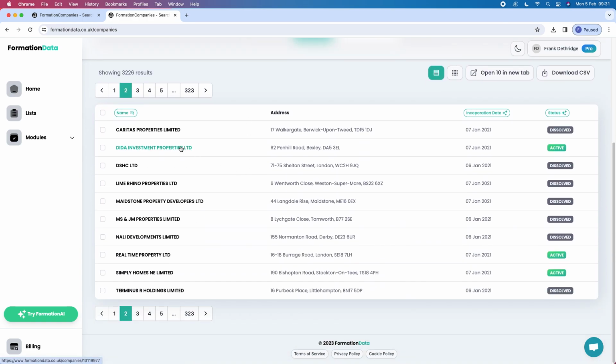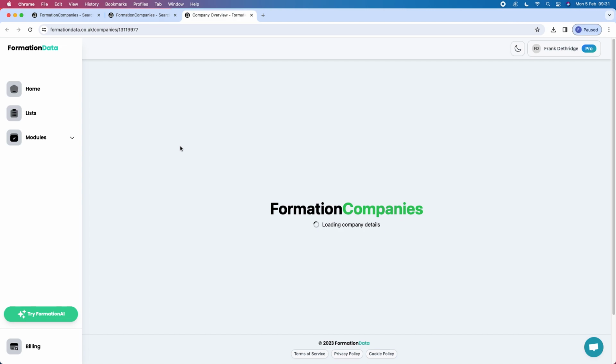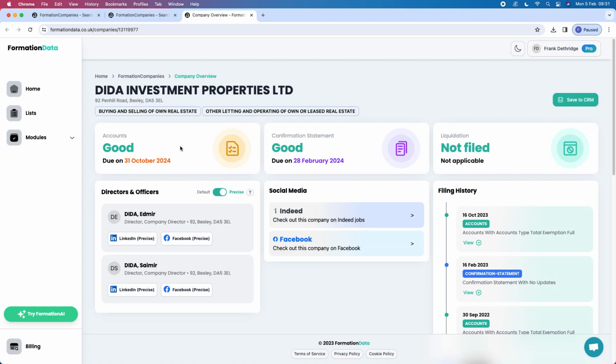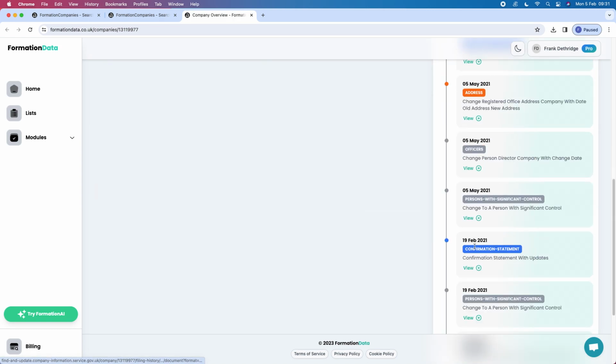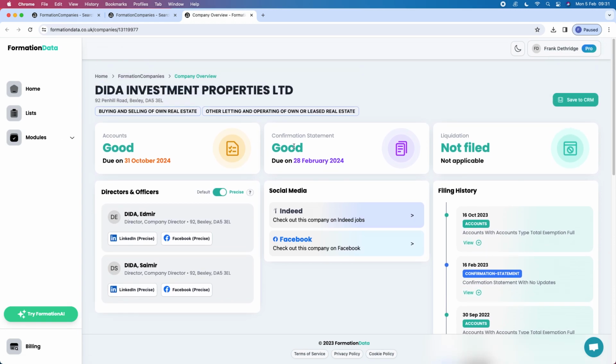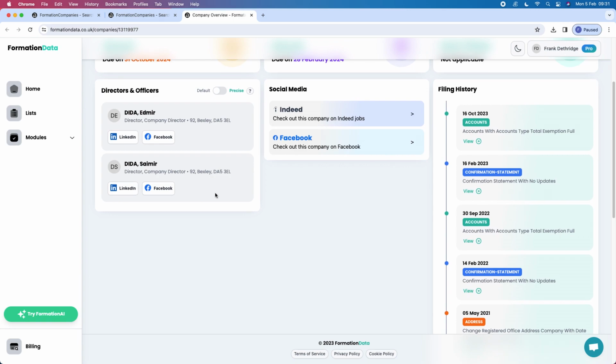If we take a look at one of the companies here, as you can see, there's nothing that stands out like a sore thumb. Confirmation good, accounts good. What we're doing today is looking for companies with a filing issue. So we've got our